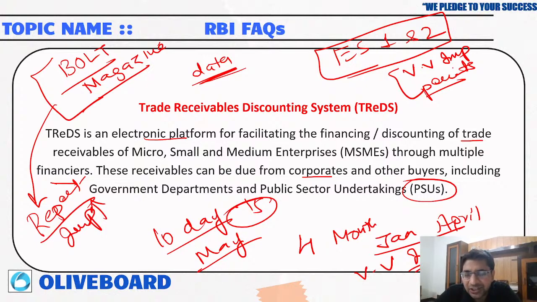Okay, today we have discussed only the static part. Tomorrow I will tell you how we should take out the information from the economic survey, and how easily you can remember the things. That much is important, because whenever you see the question, it will automatically come to your mind.